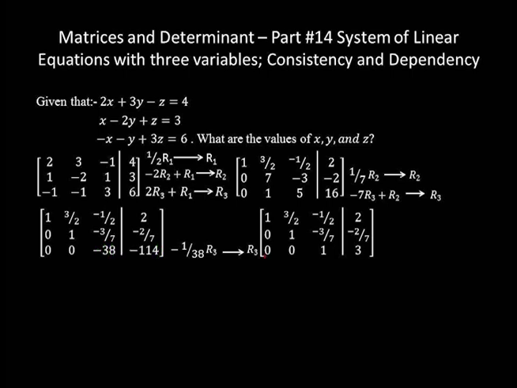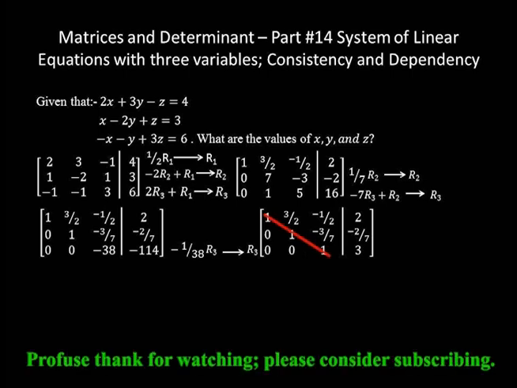We made these two elements 0 just to eliminate x and y from this third equation and solve for z. We made this element 0 in order to remove x from the second equation and solve for y by back substituting the value of z we calculated from the third equation. I convert these main diagonal elements to 1s with the intent to introduce you to one new concept, that's row echelon